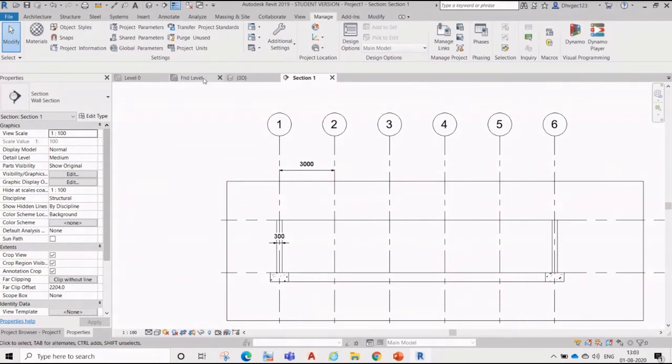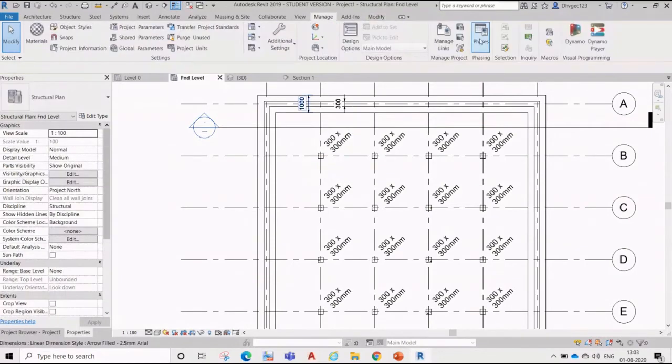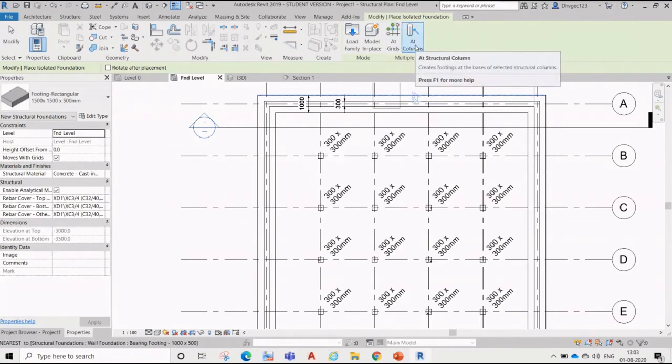Okay, so now we go here. Now we'll put foundation again, isolated foundation, and then whatever we have chosen. We can select column by column, or grid by grid, or one by one.